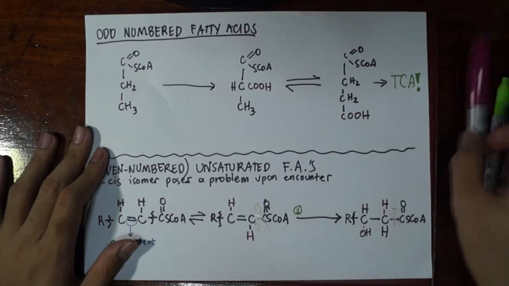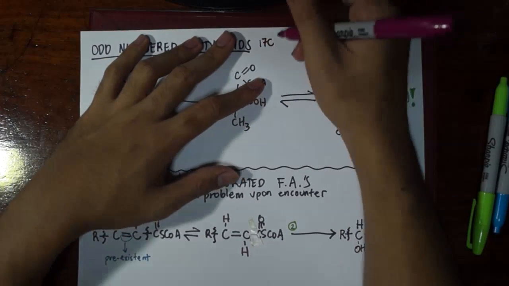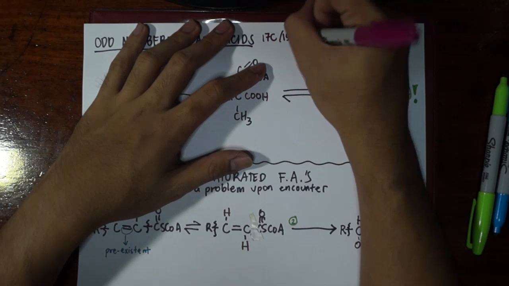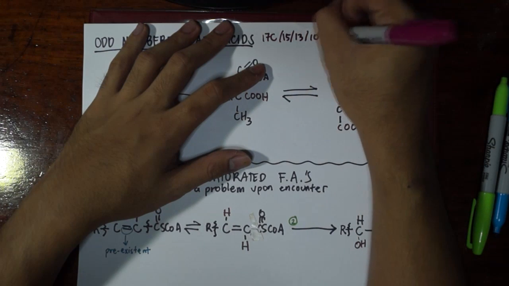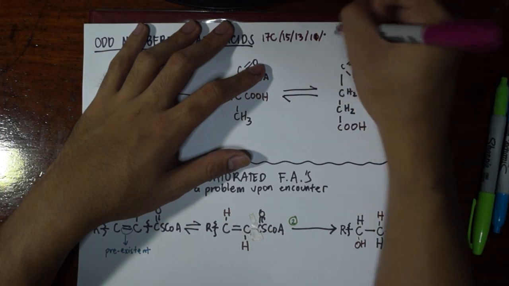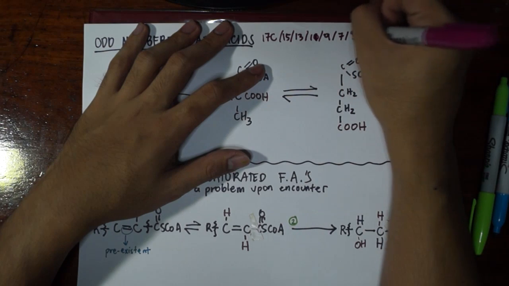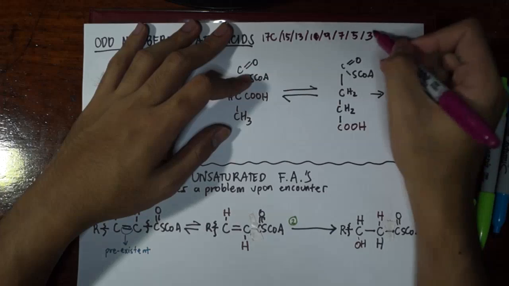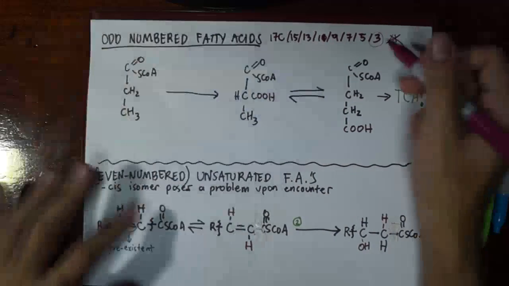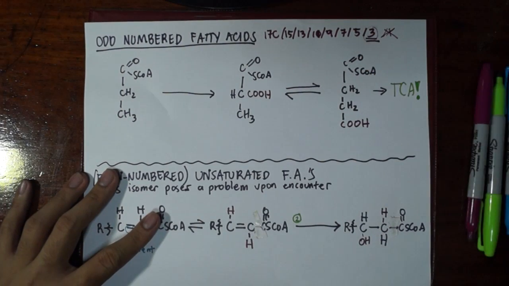The answer is simple. For example, let's say I have a 17-carbon fatty acid. After one round of beta oxidation, it will become 15, then 13, then 11, then 9, 7, then 5, then 3. And when you reach the 3, you cannot chop this off to get to 1. No, that's not the case. So you stop at 3. The name of that particular 3-carbon acid is